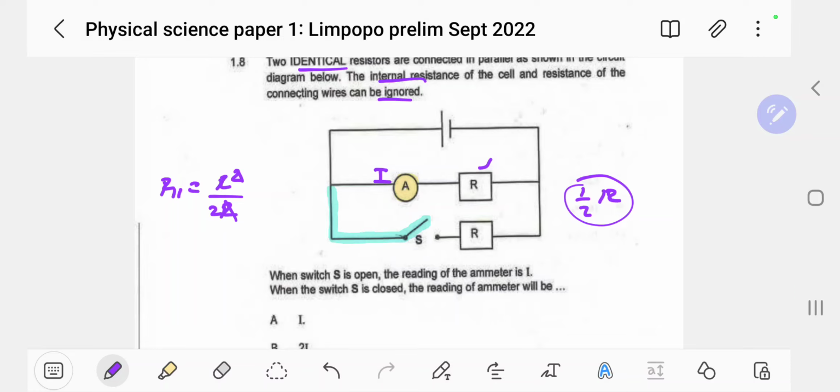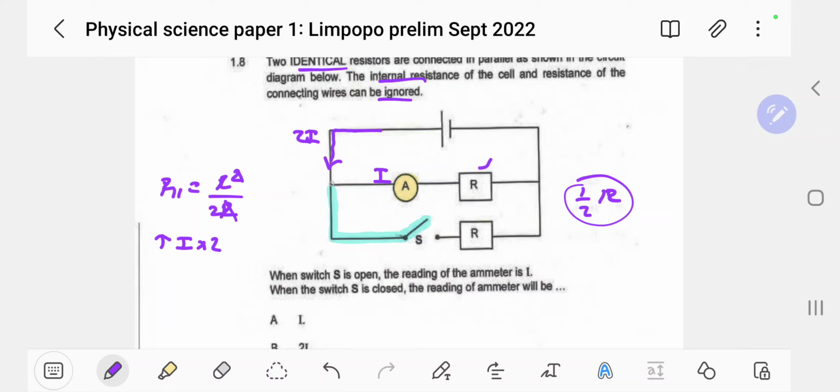And what happens when we halve the total resistance? Remember now our voltage is the EMF, so it remains constant. So basically we're going to end up with doubling the total current. So the current should be doubled actually. If we're halving the resistance, the current is going to be doubled. Okay, so meaning the total current that passes here is going to be 2I.